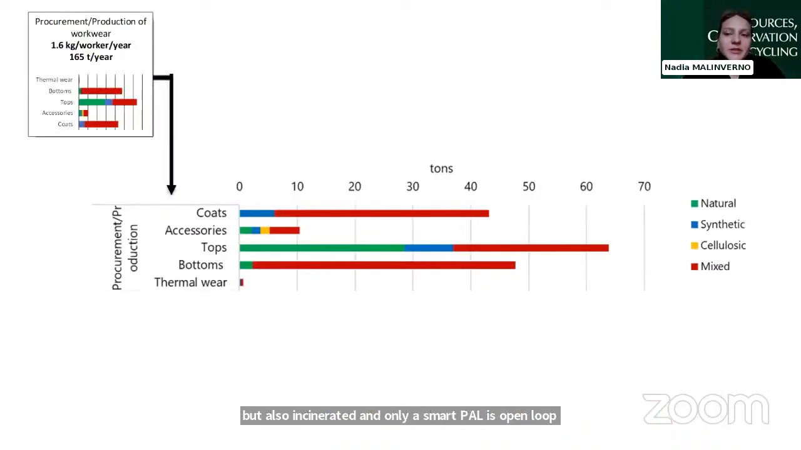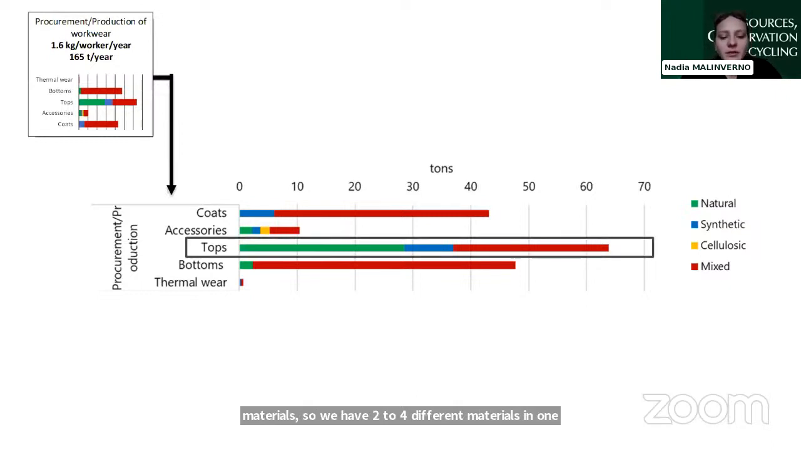The largest part of procured workwear belongs to the category coats, tops, followed by pants, coats, accessories, and thermal wear. Regarding the material, we can see that the material category is mostly mixed materials, so we have 2 to 4 different materials in one garment. For example, the tops consist of a large part of natural material, which is cotton, or synthetic materials such as